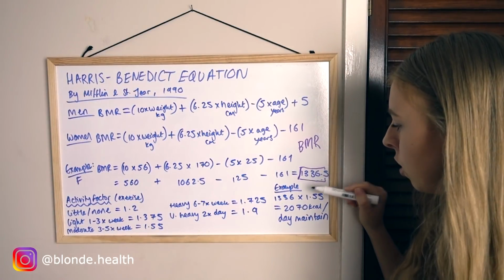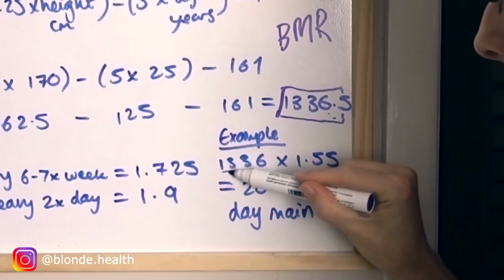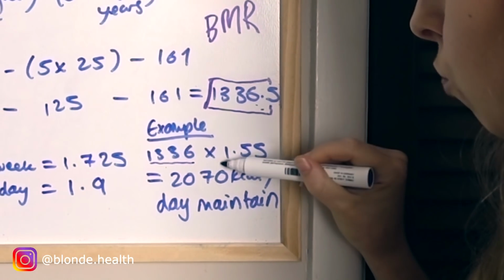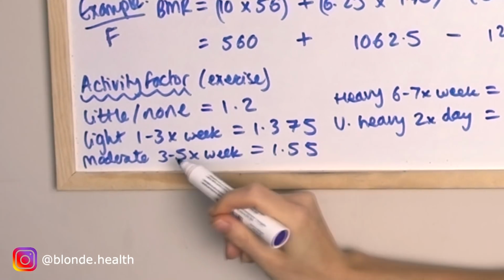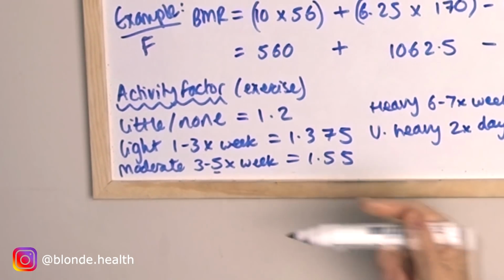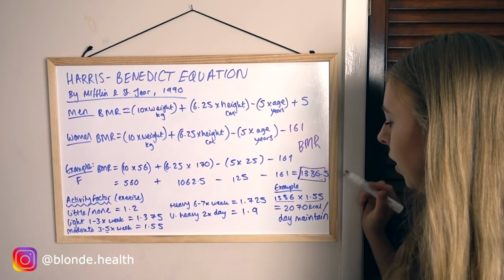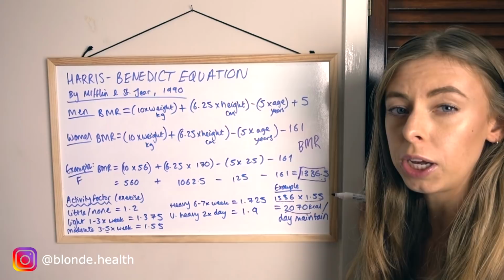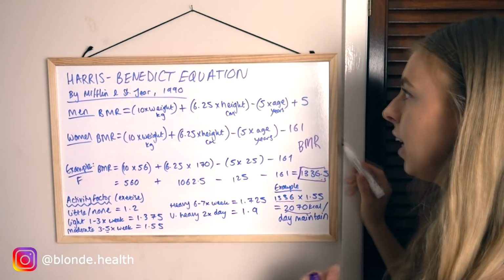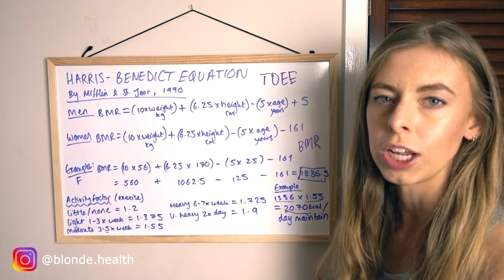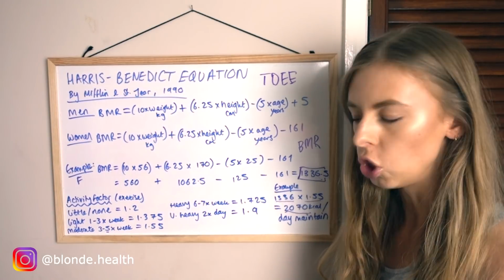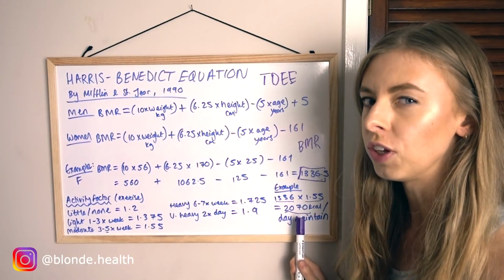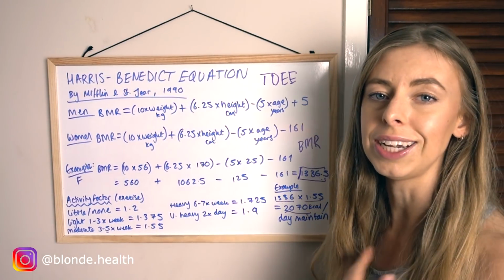So you can see here for this example, I've taken my BMR, which is this number here, 1336. I'm timesing that by an activity factor of 1.55 because I do the 5 times per week workouts for about an hour. So that gives me a total of 2,070 calories per day as my TDEE, that's this one, which stands for total daily energy expenditure. So that's exactly the amount of calories within plus or minus 50 calories of what my body needs to maintain